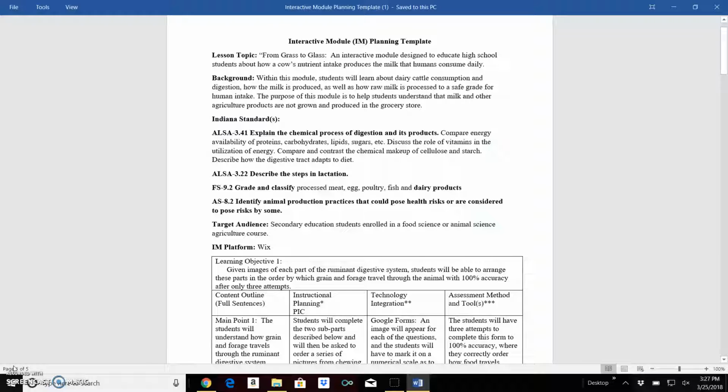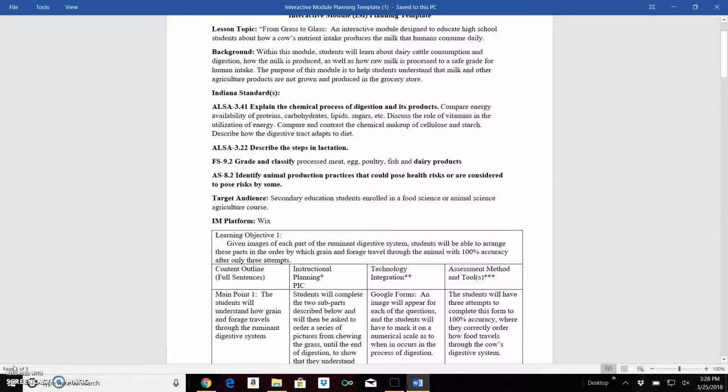For my interactive module in my Education Technology 270 class, my lesson topic is From Grass to Glass, an interactive module that was designed to educate high school students about how a cow's nutrient intake produces the milk that humans consume daily. So this is the template that I've created, and as you can see, I begin by talking about